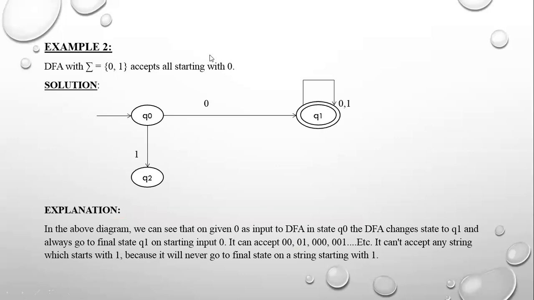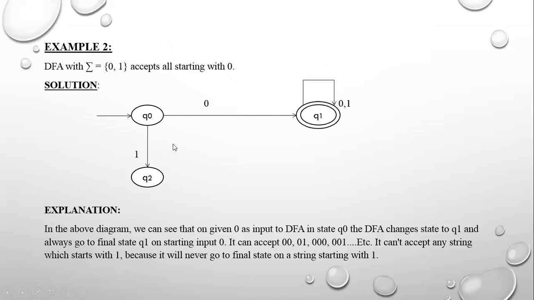So here let us take example 2. In a DFA, sigma equals 0 and 1, accept all strings starting with 0. Let us take Q0. You have to give the input 0, and definitely with 0 it reaches the final state. After that we can use n number of zeros or n number of ones, but the initial input value should be a 0. If the string starts with 1, it reaches a dead state. That type of string is not accepted by this machine.